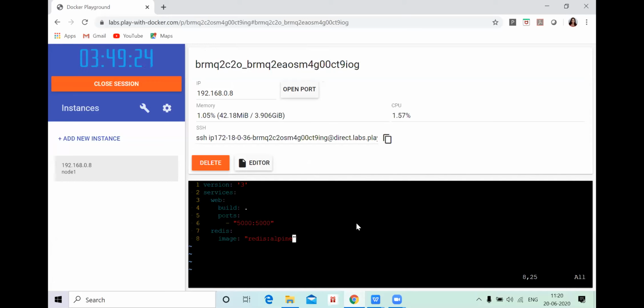Then what it will do is bind this container and the host machine to your exposed port. What is your exposed port here? I have used 5000. So this is my exposed port, and actually this 5000 is the default port of your Flask web server.